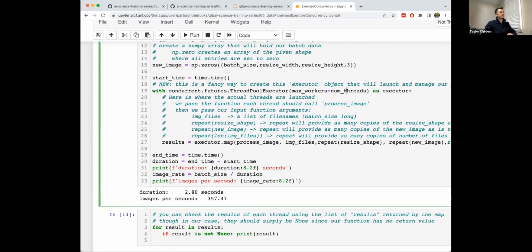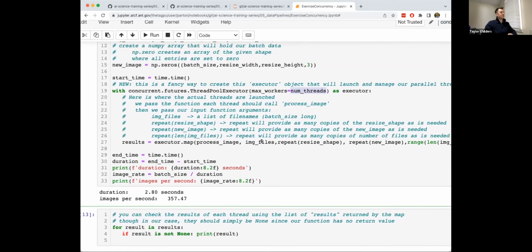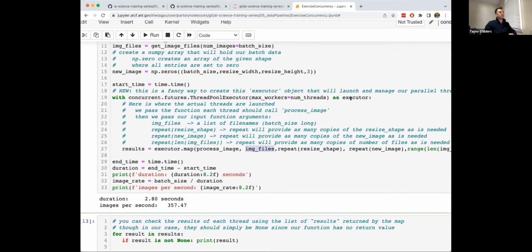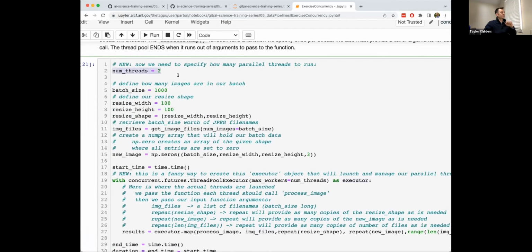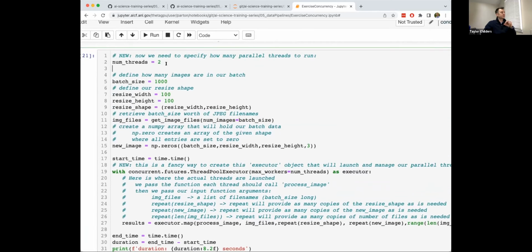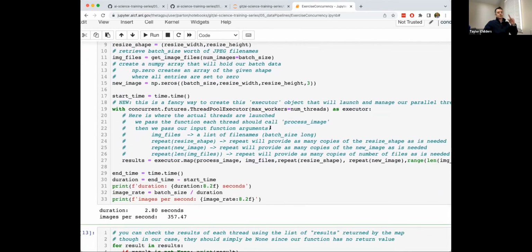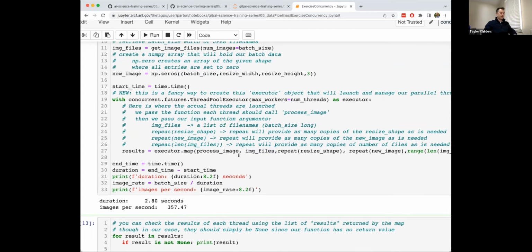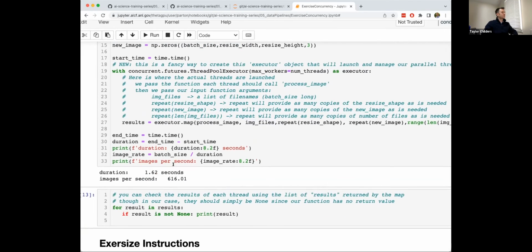It's going to launch some number of threads. And if the number of image files here is more than the number of threads, it's just going to keep passing that data into those threads. So in this case, I set the number of threads to 2, and the batch size is 1,000. So I have 1,000 images I want to process, but I only have 2 threads. And I'm making this artificially small just for example. So I'm going to have 2 threads, and they're just going to keep working on 2 images each until this image list is empty. Okay, so I'm going to run this code, and hopefully it runs shorter than 3 seconds,